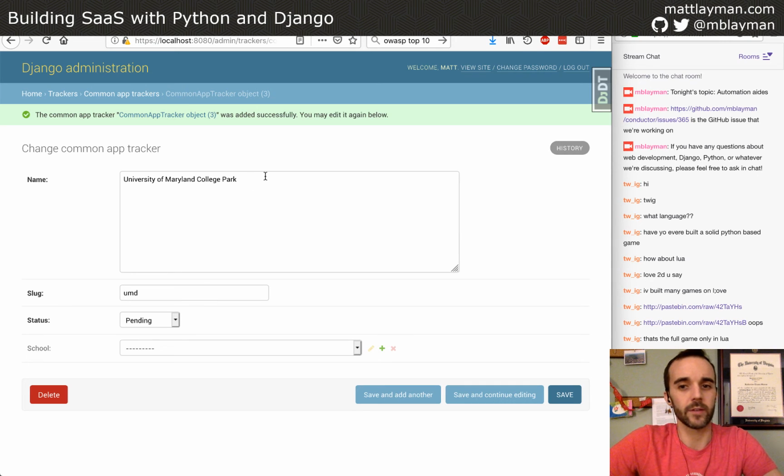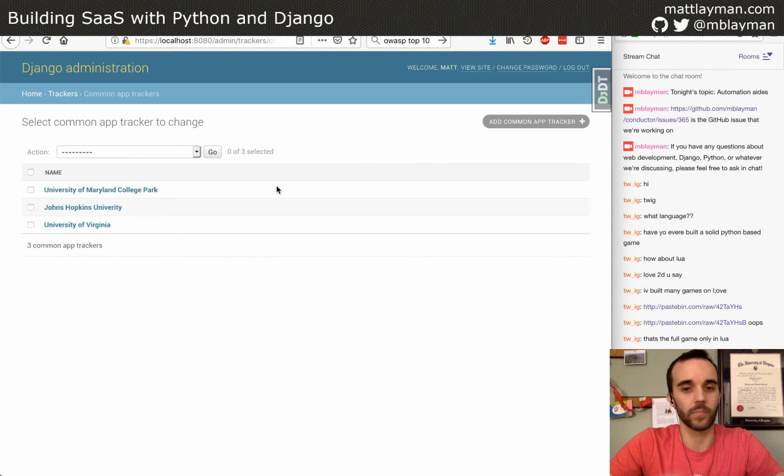The way I would have had to do this if I was doing this manually without the aid of this tool is I would, from this list of common app trackers, and the admin is not even configured properly to let me filter on the pending ones. That's an improvement I would have made. But I would find the next pending one, which would be this one.